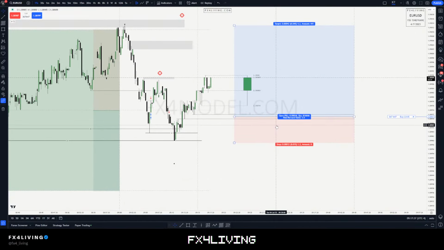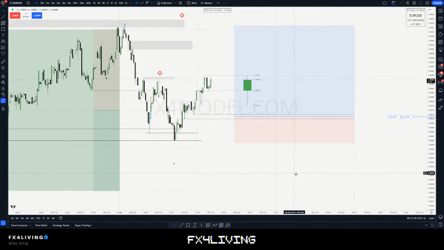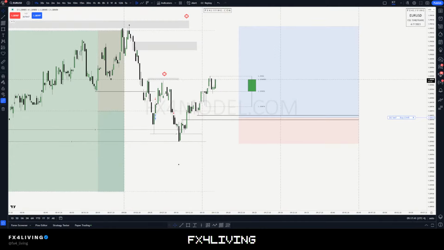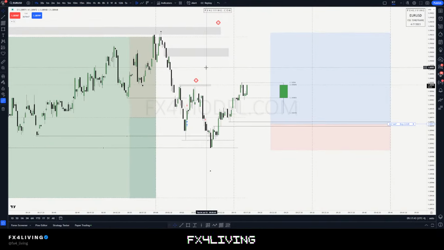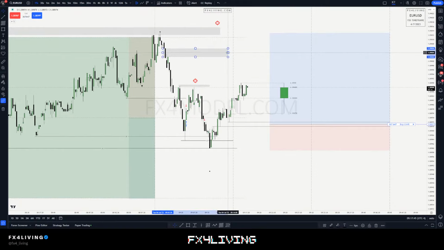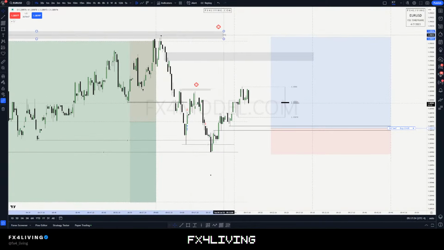We'll see, because I want to see the transition of this 30-minute as well. And we still have this fair value gap here, which is weird on a 15-second, but